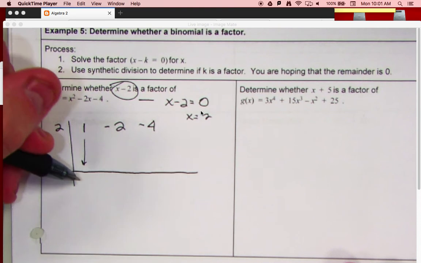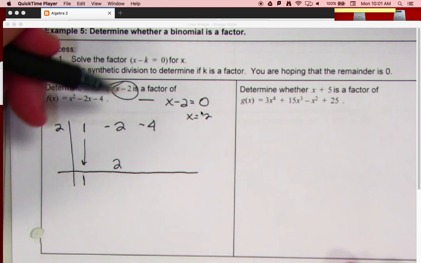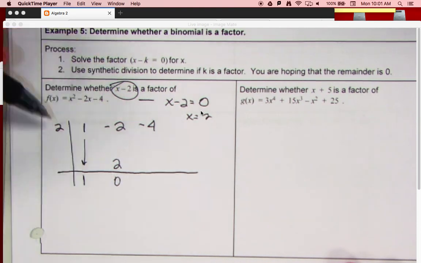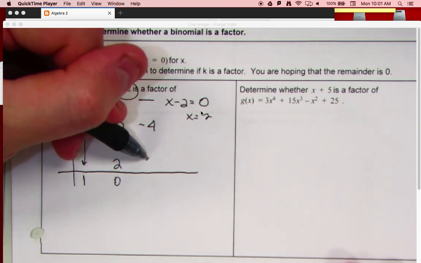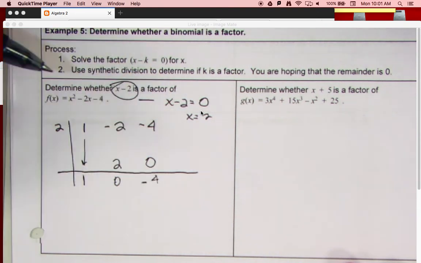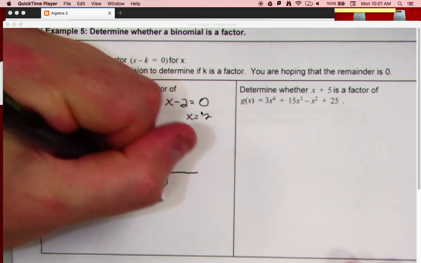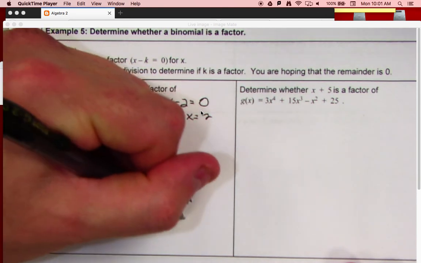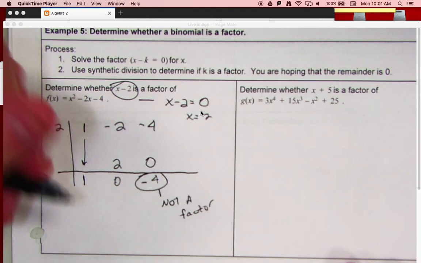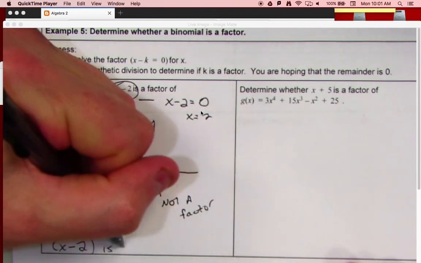The first thing we do is bring that 1 down, and then we go 2 times 1, which is 2, and we put it right there, and we add straight down and we get 0, and then we go 2 times 0, which is 0, and add straight down, and we get an answer of -4. So we've just completed our synthetic division process. What this tells us right here, since this is a number that is not 0, is that it's not a factor. Okay, and probably a more formal way to say it, we would say x minus 2 is not a factor